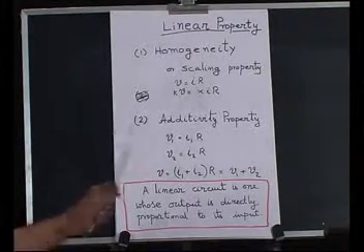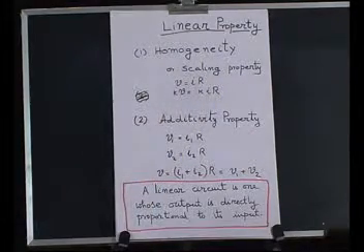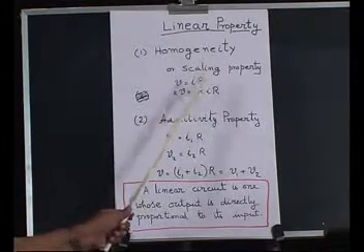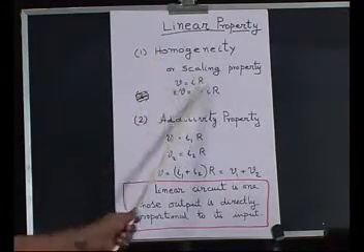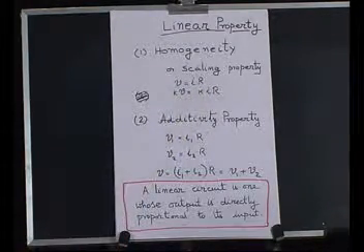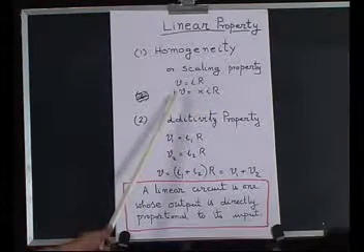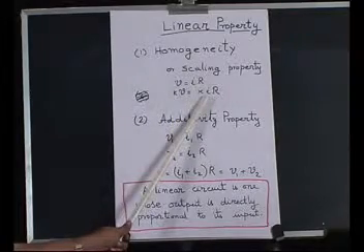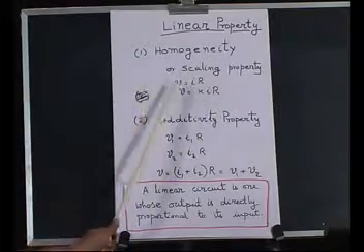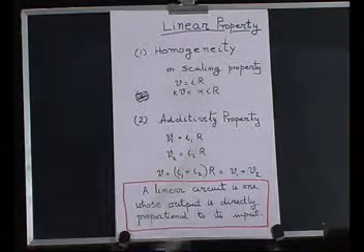Then what is the homogeneity property? Homogeneity property is also called the scaling property. For instance, earlier we have seen that if a voltage is connected to a single resistance R, then the relation between the current and the voltage is V equals IR. If you increase the voltage by K times, the current also increases by K times. If that happens, then we say it satisfies the scaling property, that means it satisfies the homogeneity property.